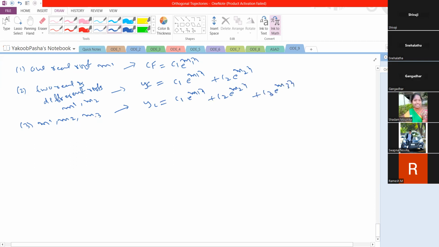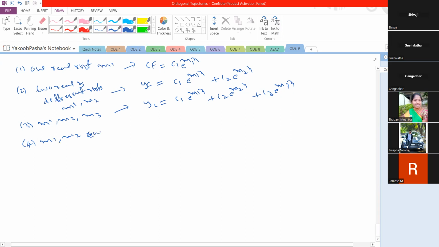Like that, we can have any number of roots. One root is C1 e to the power of m1x, two roots C1 e to the power of m1x plus C2 e to the power of m2x, and for three roots like this. We can take four distinct roots, so yc is equal to C1 e power m1x plus C2 e to the power of m2x plus C3 e to the power of m3x plus C4 e to the power of m4x like that. If the roots are two roots, for example m1 comma m2, and they are repeated or equal,